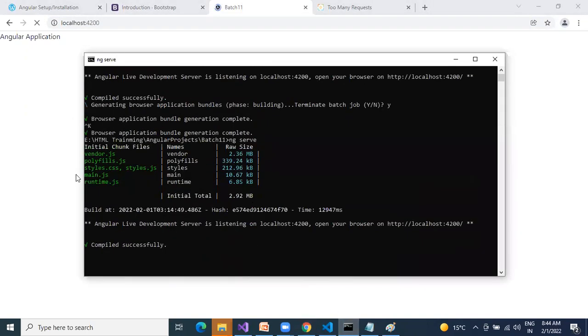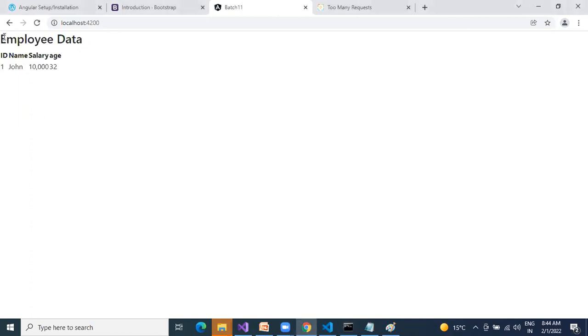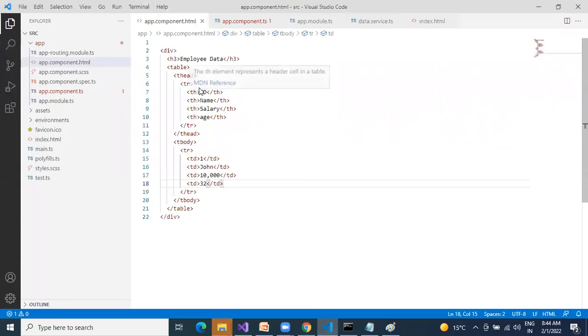Okay, generating the things, compile successful. See here, it automatically refreshes. Now apply the bootstrap classes. Now apply the simple bootstrap classes, see how it will become. So wherever bootstrap is needed, only there we need to apply. For all the things, no need to apply. So Bootstrap provides the class name table. That's it. And if you want a table border,